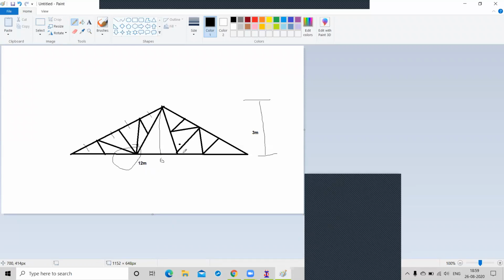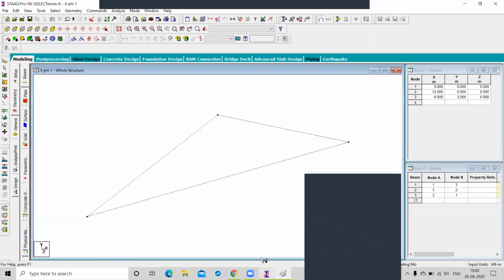So this is from the 2, and this is your 4. Okay. Can I insert a node from this point to this at 4 meter? Yes. So we have an insert node option.